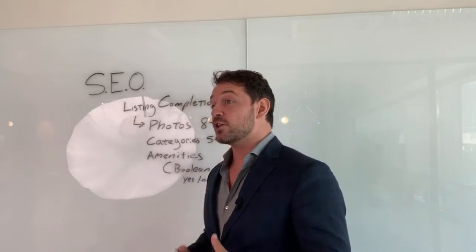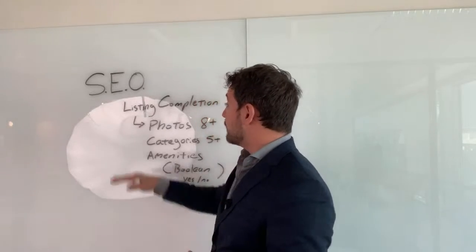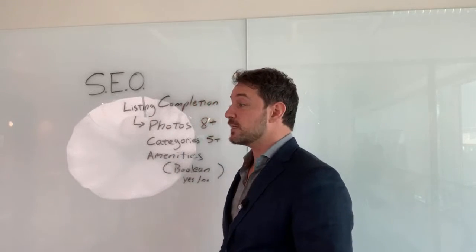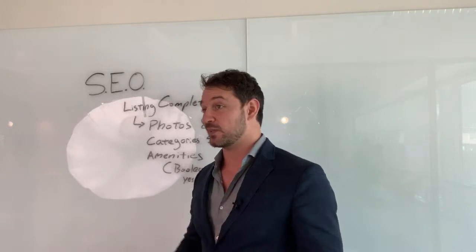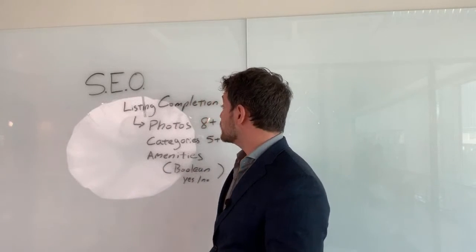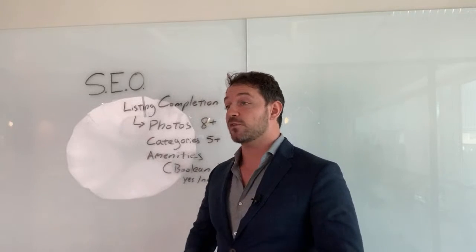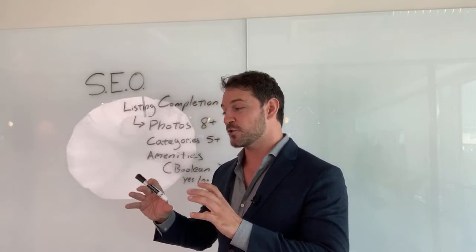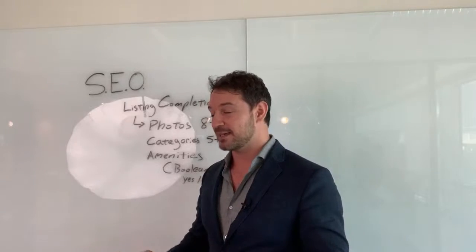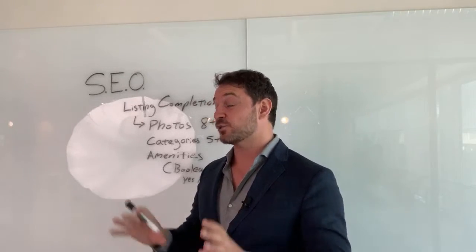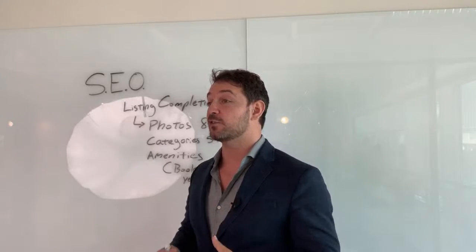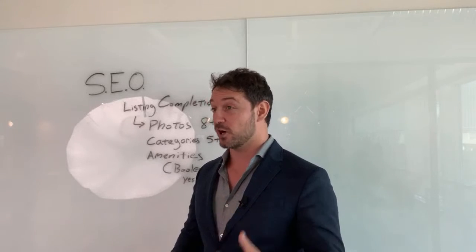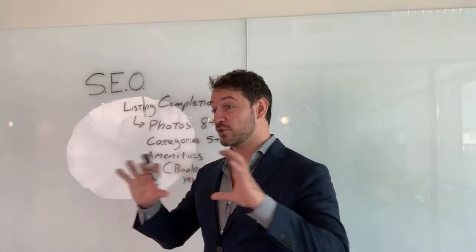So when you're creating your listing, what we want to start for is listing completion. Essentially, Airbnb wants to see that your listing has been thought out and has everything in it that matters. So first off, Airbnb photo count. First, you need to have your photos be horizontal. We should give a nod to that. Horizontal photos actually influence your ranking and the quality of them. Airbnb's algorithm can tell if a photo is blurry or too dark, and so you need quality horizontal layout photos,